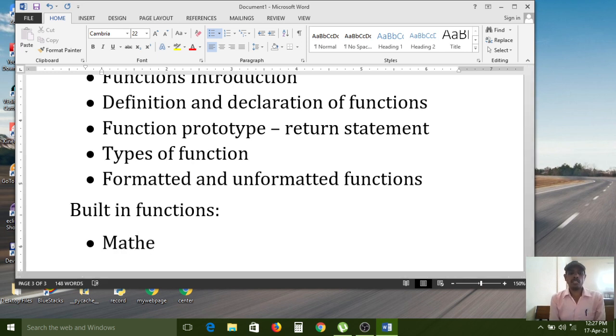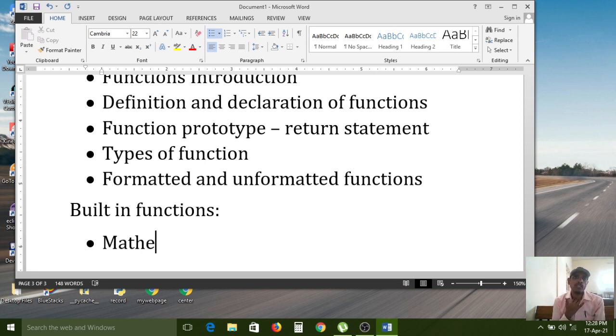Built-in functions are nothing but functions already developed by the C programmers. These built-in functions come along with the C software. These complete built-in functions are all available with the C software. So no need to develop and no need to write extra logic for that. If it is common to that related concept, then we already have the predefined functions. Sometimes we can use them in our current program.